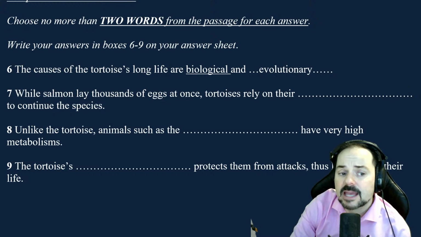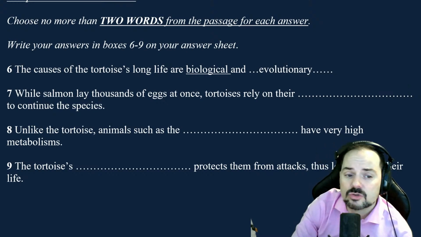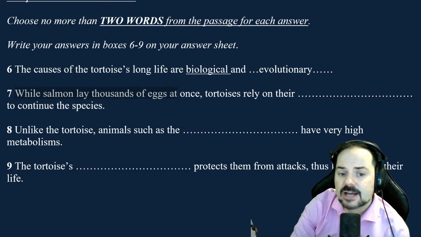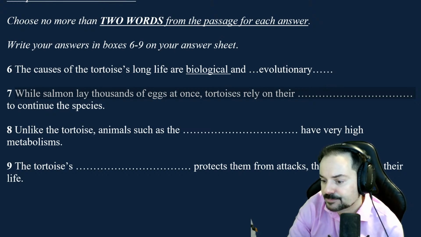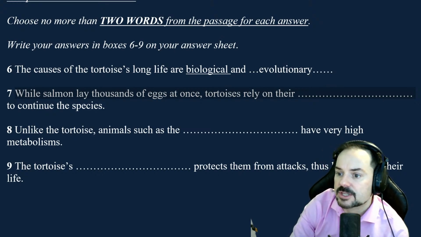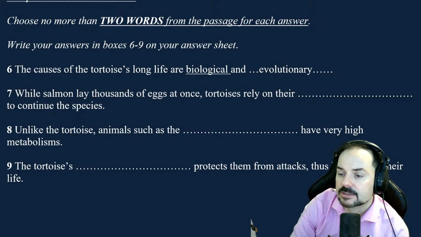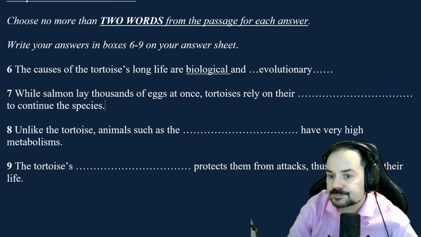This should be, again, fairly easy. You should not have to really search too much. So while salmon lay thousands of eggs at once, tortoises rely on their something to continue their species. I think Andrew used this word earlier in the class. The answer is